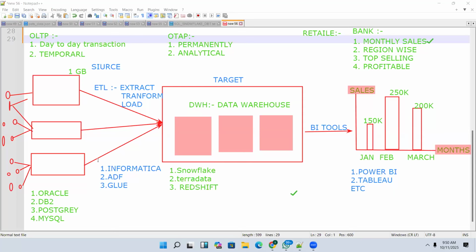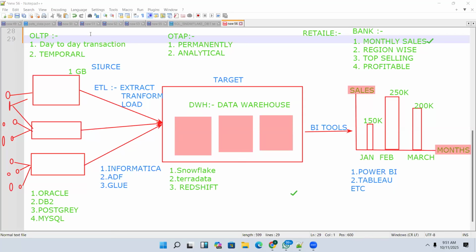Is it clear up to now how the flow will be? Any doubts from anyone? Or if you know already, is it okay? Now we'll conclude, we have 10 minutes. We'll conclude what we are going to learn as part of this course and what is the use of Snowflake, Oracle and DBT, everything. Guys, are there any doubts?